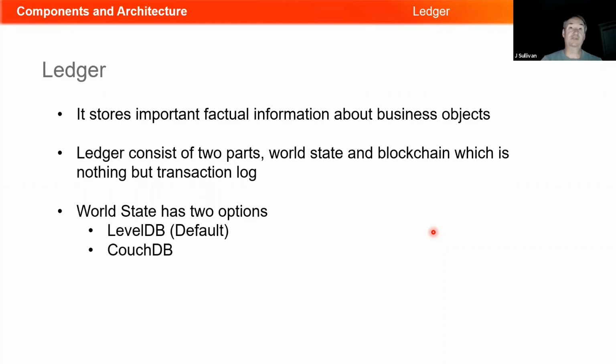So the ledger consists of two parts. We have the actual full state with all of the blocks in it, with all of the transactions. And we also have what we call the world state. And the world state is a database, and it is a NoSQL database. So it's a little bit different from the traditional databases that we may be aware of, MySQL. But what the world state gives us is the top of the ledger, or the current state of the ledger,